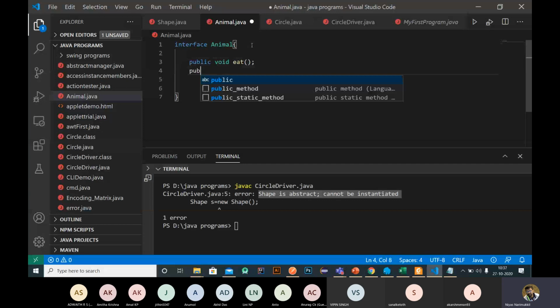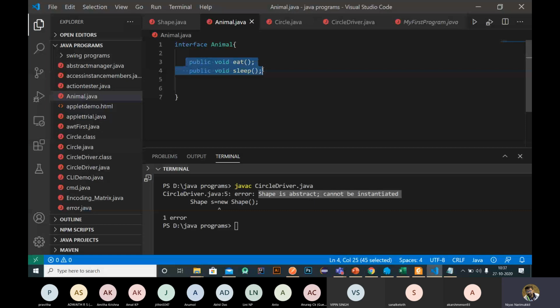I simply created two methods. These are the methods inside this interface, and they are abstract by default, so we don't need to use the keyword abstract here. That is the advantage of an interface.